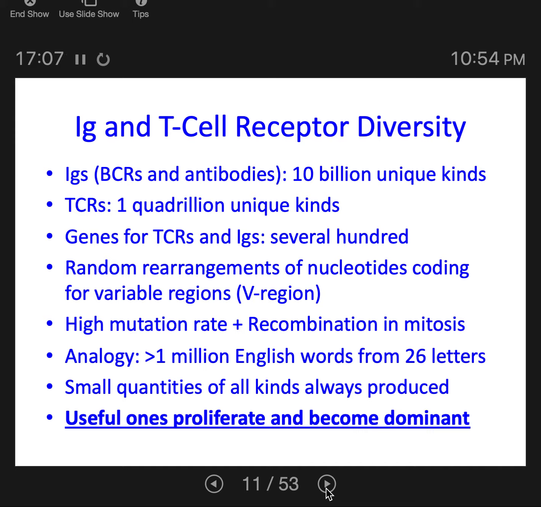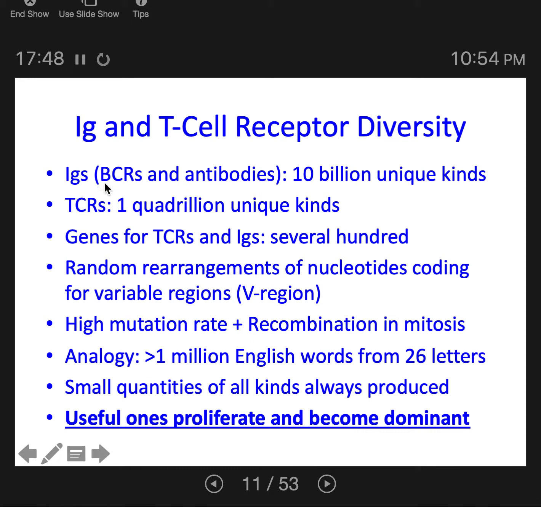So I want to talk a little bit about the specificity of the adaptive immune system. So we said it was called the specific immune system, and it's highly specialized. The reason is because those epitopes, those binding sites for pathogens, are unique, and they're also very diverse. So for immunoglobulins, like B cell receptors and antibodies, there are 10 billion unique shapes of binding sites. 10 billion unique epitopes that your body can make to bind to any kind of pathogen you could imagine.